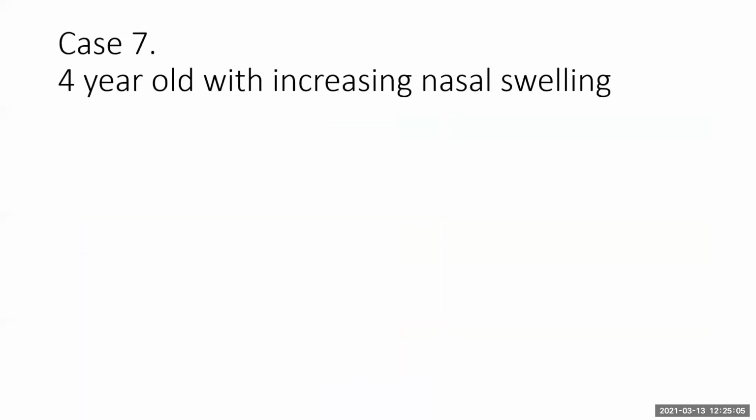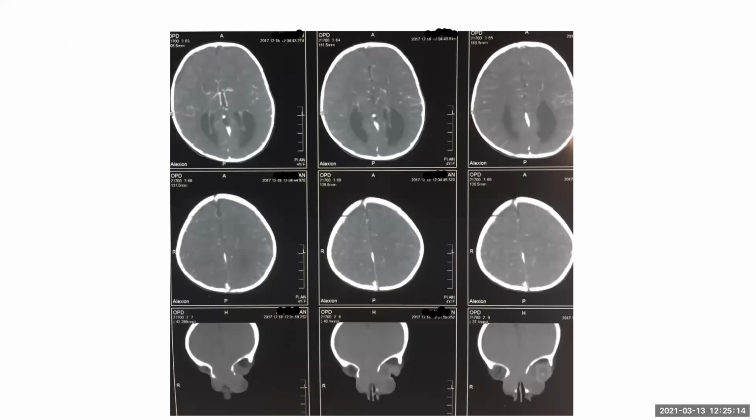Yes. Okay. The other case is a 4-year-old with increasing nasal swelling. These are multiple axial sections of the CT brain in post-contrast images in a child with nasal swelling. In the sections of the brain, I'm able to see there is colpocephaly, dilated ventricles noted on both sides, the occipital horns of both ventricles appear a little dilated and widely spaced,